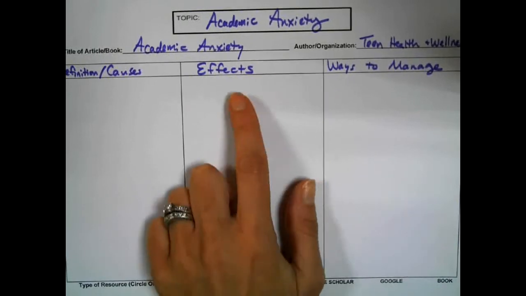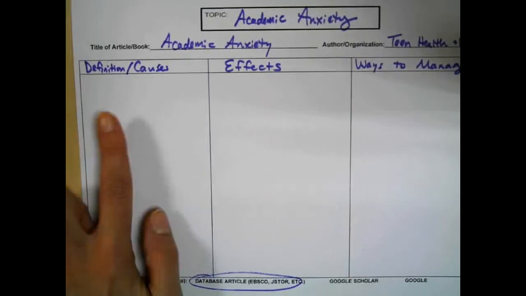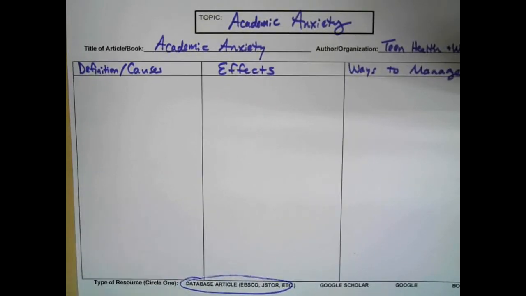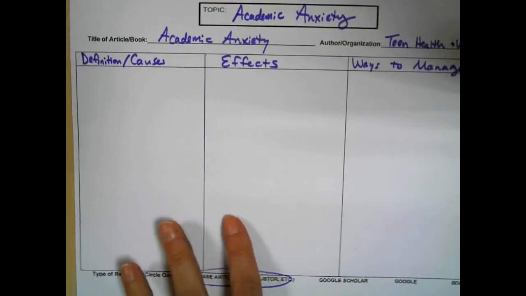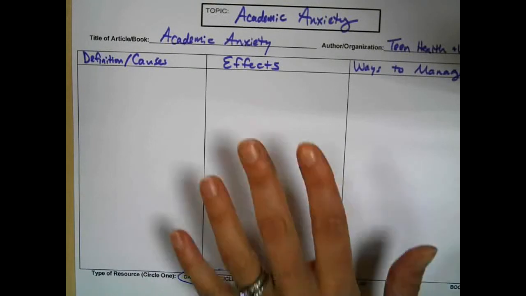Any information that talks about the effects goes in the middle. Definitions and causes goes on the left. It's very possible that one of my articles might not talk about ways to manage, and I might only have these 2. But the nice thing is that let's say I use 10 sources, and so I would complete 10